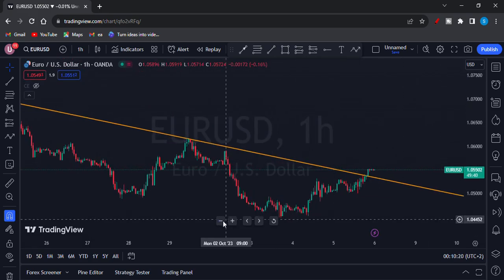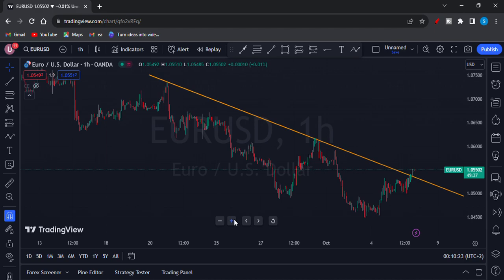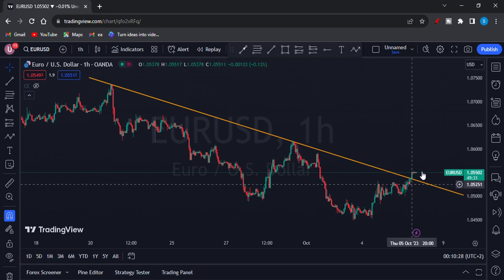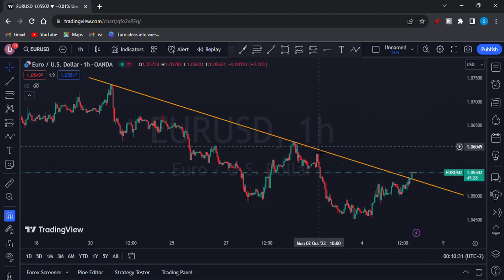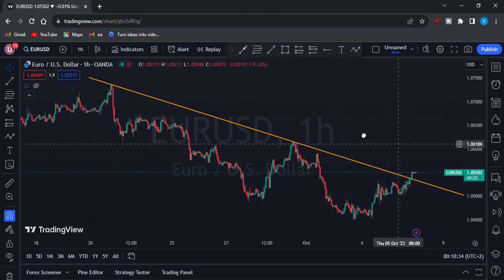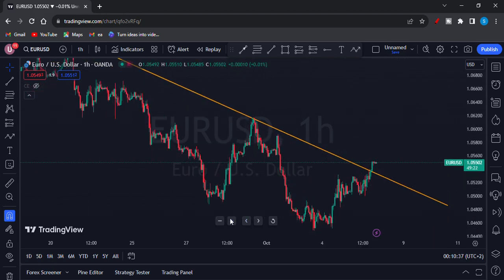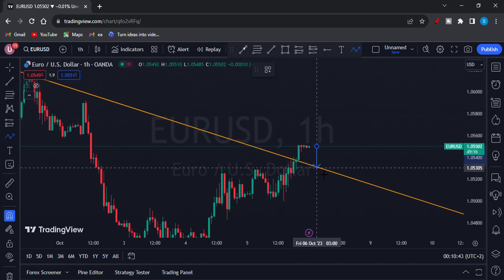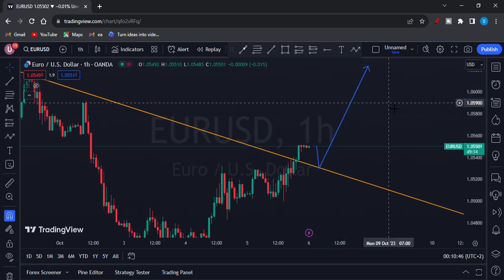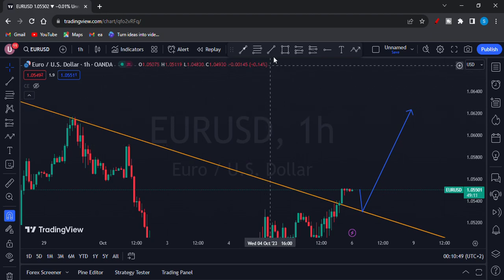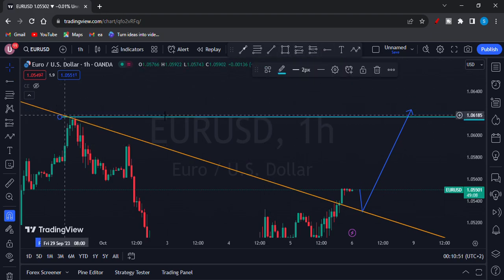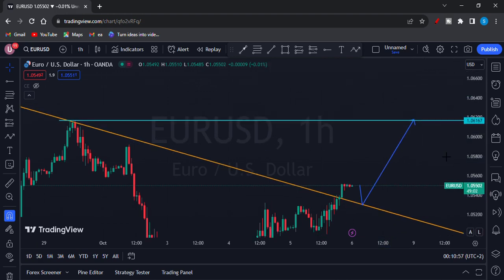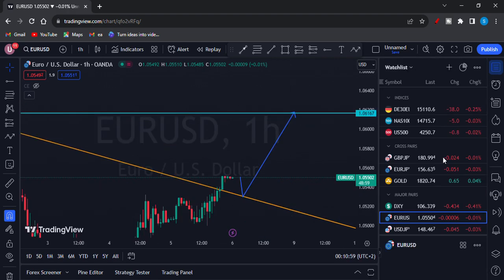And then let me just do this. Okay, so I have a touch right here, and then we broke this resistance areas, since this trend behaves as our resistance area. So it's possible that EURUSD can come to retest around these areas right here and then push to the upside. This is what I'm going to look out for, and then my potential TP for the time being is going to be right there. Okay, so that's my analysis for EURUSD. And then let's go to